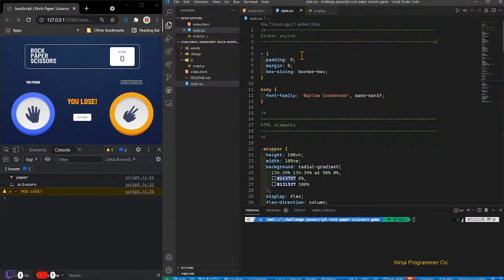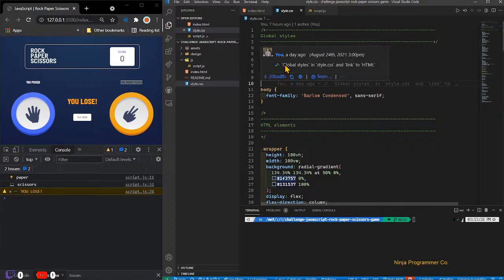What is inside the style.css is the global style. It is applied to every element. For every element, the padding and the margin are reset to zero, and box sizing means, let me